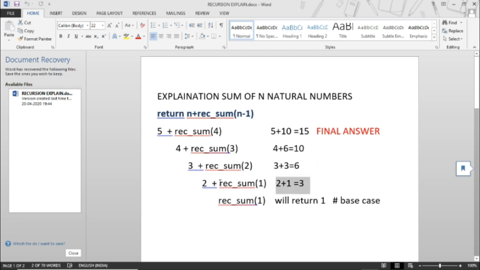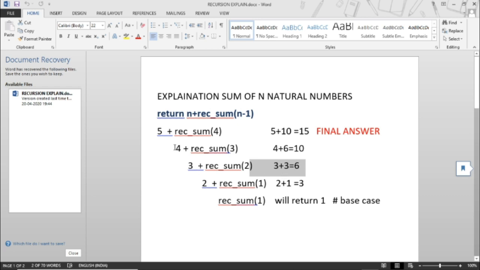So now the next statement that will be popped out from the stack is 3 plus rec_sum(2), and rec_sum(2) we have already calculated as 3. So the statement will be read as 3 plus 3 equals 6.